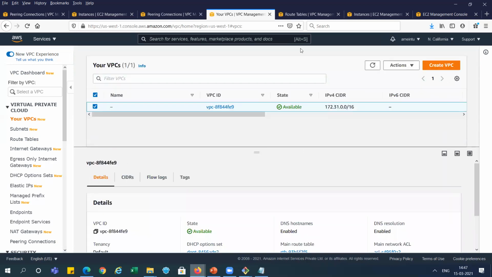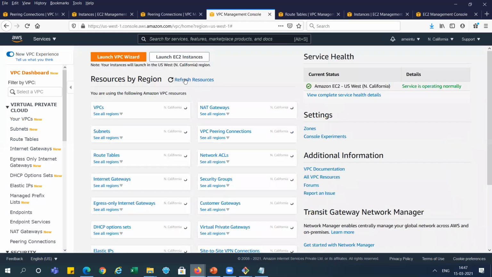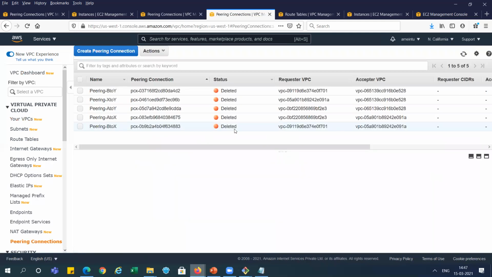Okay, so both are deleted. You can check the dashboard over here also. In this California region we have 1 VPC and 2 subnets only, one default route table, one internet gateway, all the defaults. It is also showing VPC peering connections 5, which are deleted and will be removed after some time.